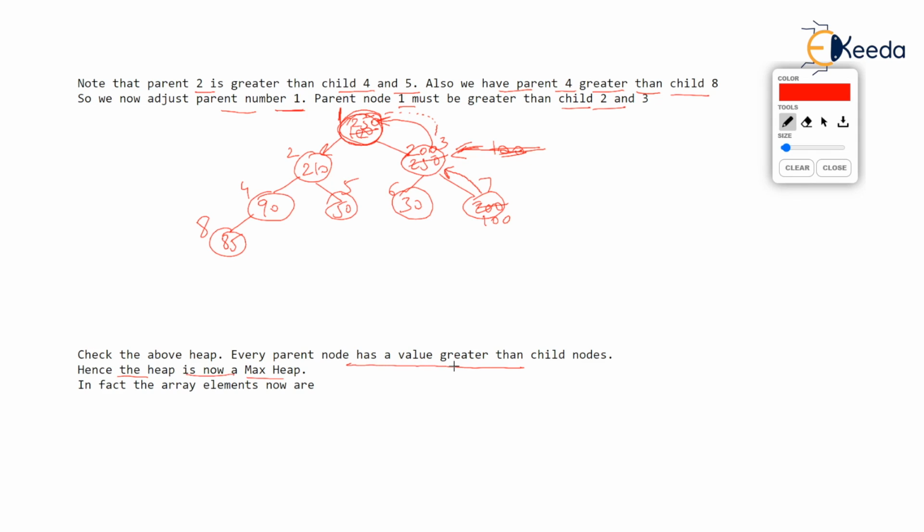By the way, what are the array elements? Read the array elements in sequence. What is the first node? 250. Second node? 210. Third node, node number 3, is 200. Node number 4 is 90. Node number 5 is 50. Node number 6 is 30. Node number 7 is 100. And node number 8 is 85. Now you notice all these values are in the form of a max heap because every parent is greater than its